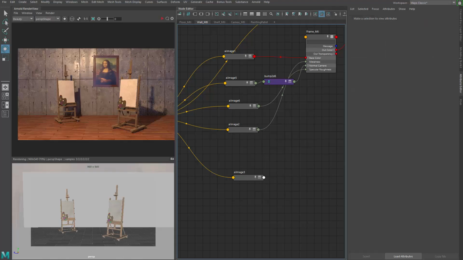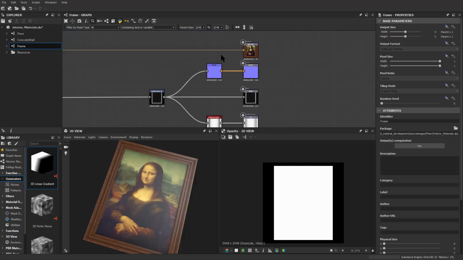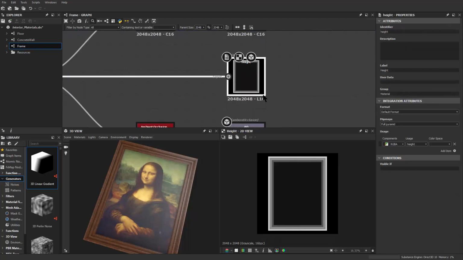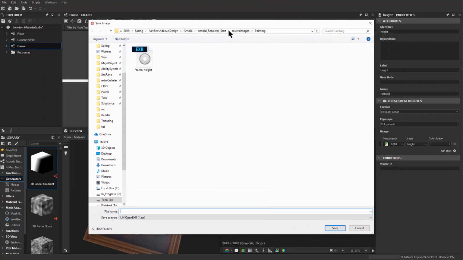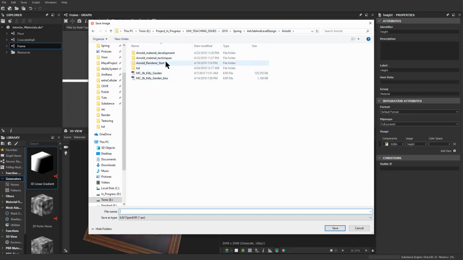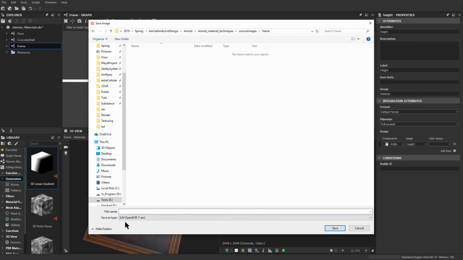Hello and welcome back. So let's take a look at how we can bump things out using a displacement map, or height map basically. To get it to work properly, we have to go to the height map we created here. Now we want to actually save it, and we want to save it into a very unique format. The format will be EXR. So let me save it to the frame folder, and it's going to be OpenEXR. And the file name, I'm going to call this frame height